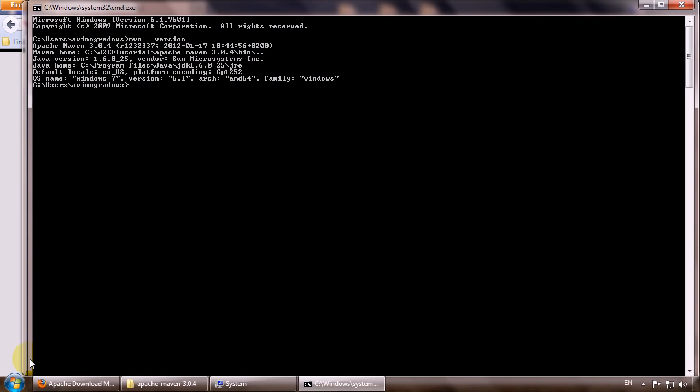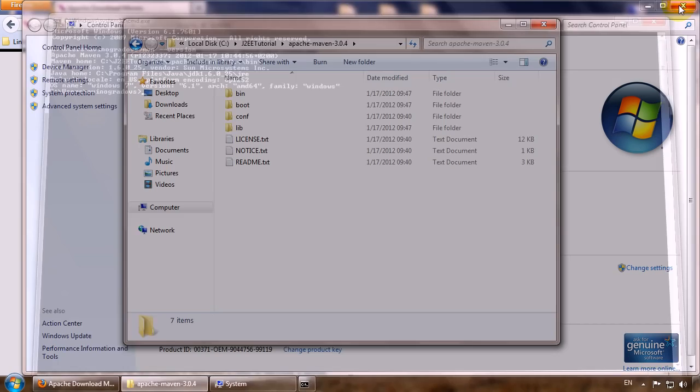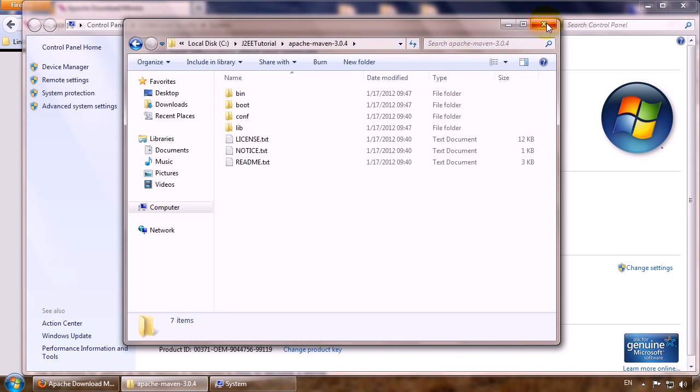If you see the response, that means that Maven is installed correctly and all variables are configured correctly. To use Maven the easy way, we will add the Maven plugin to Eclipse so that we can build our projects in Eclipse without going to the command line. Let's close this command line. All installed Maven,